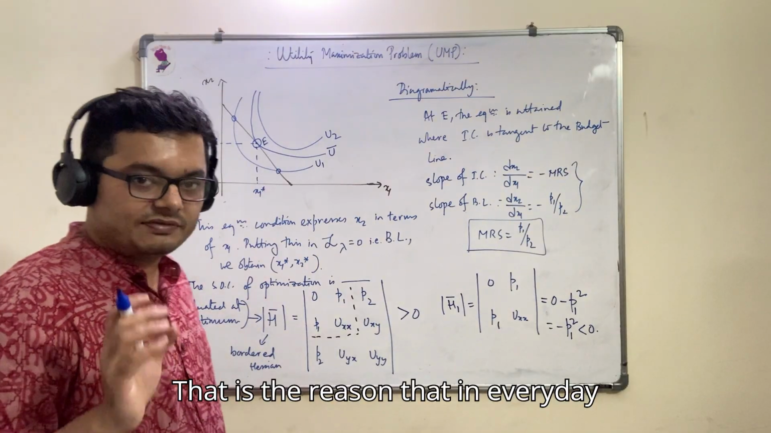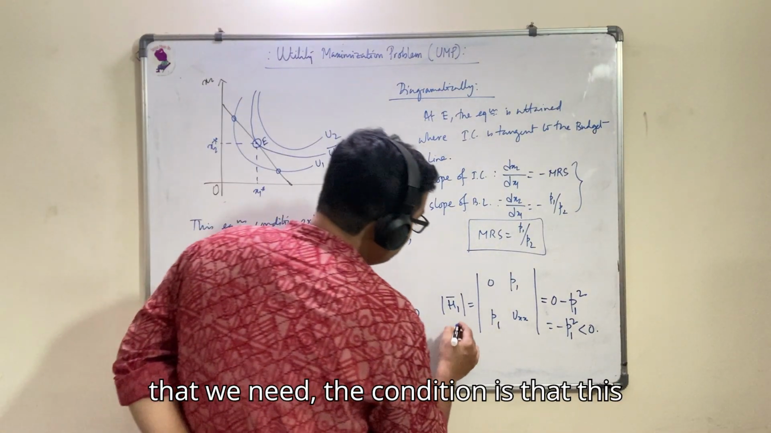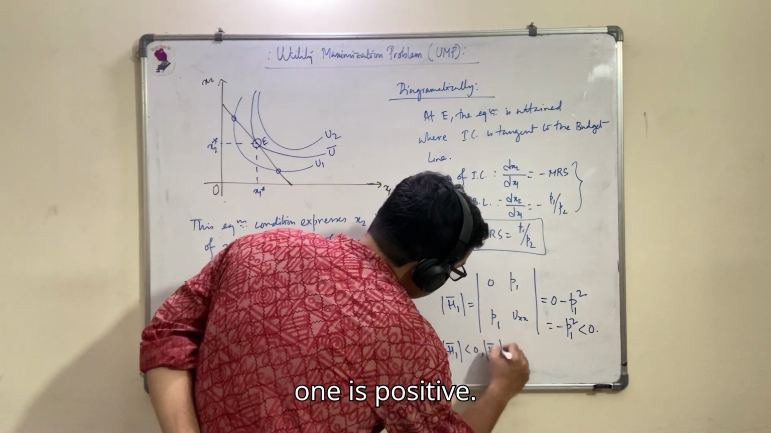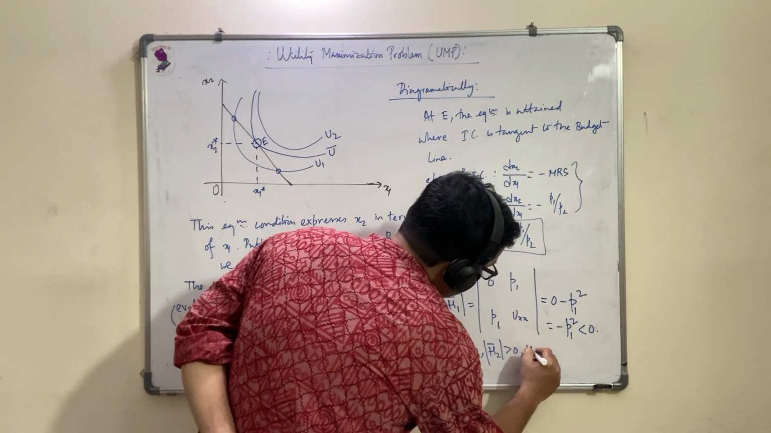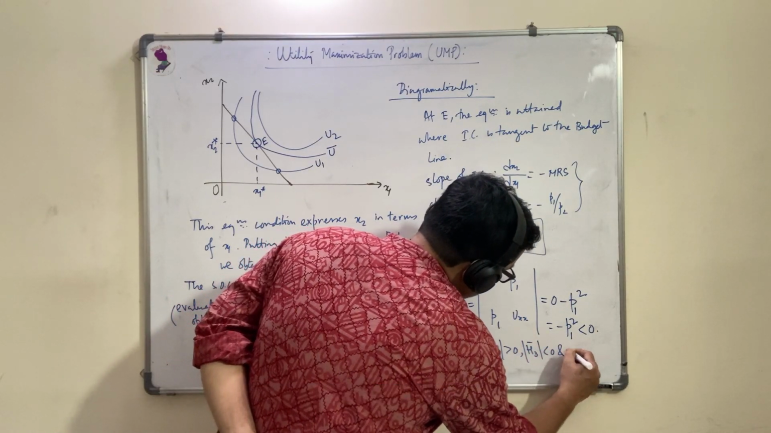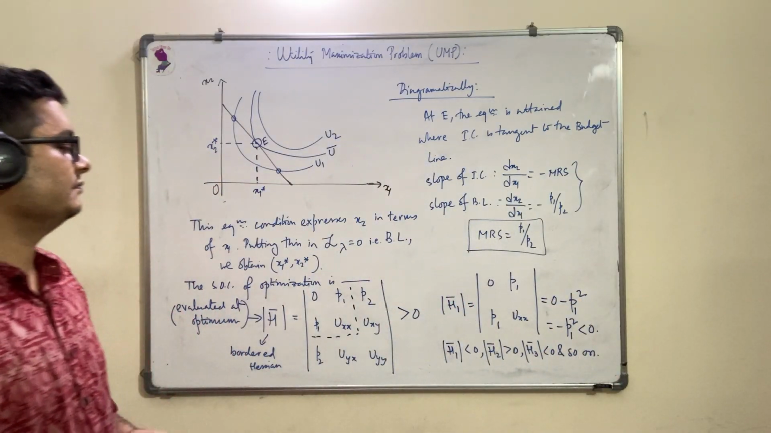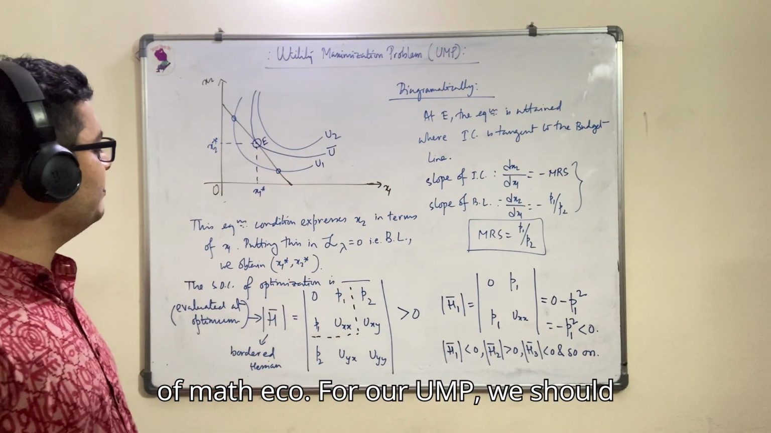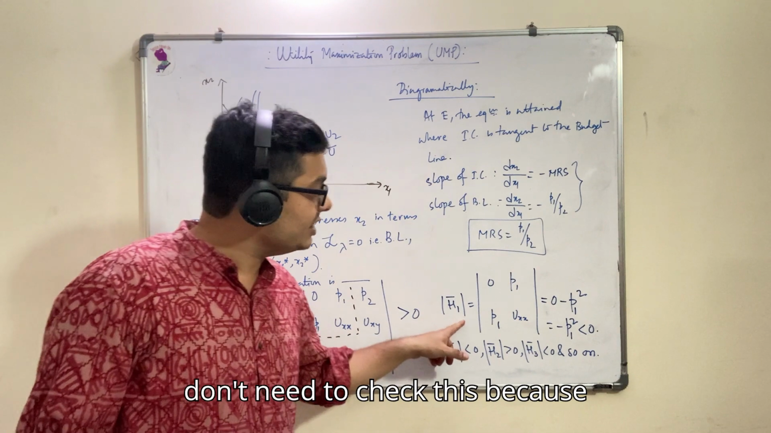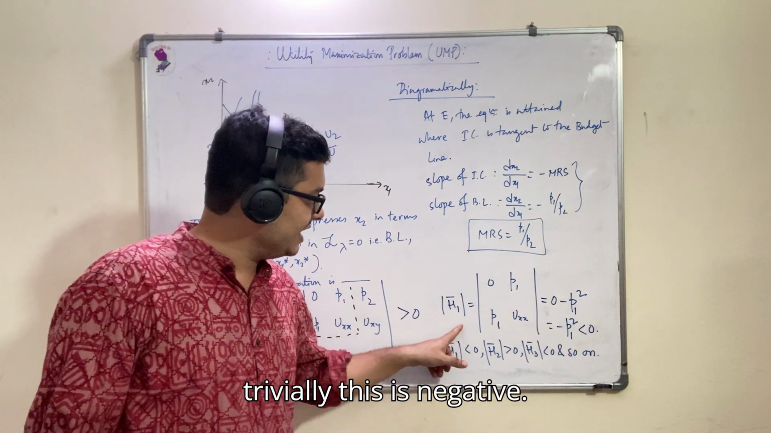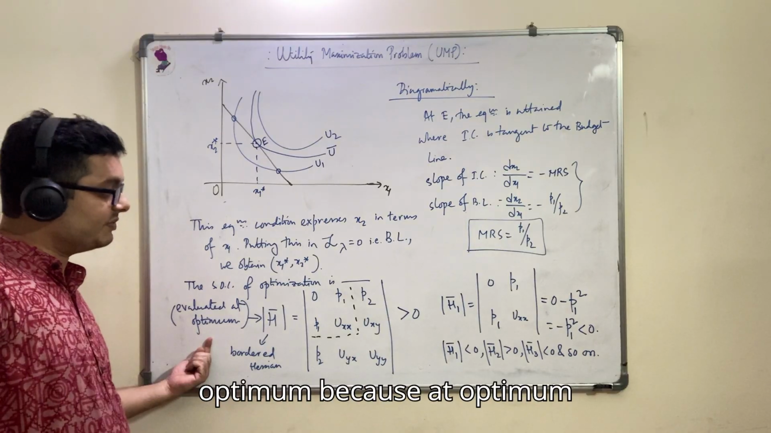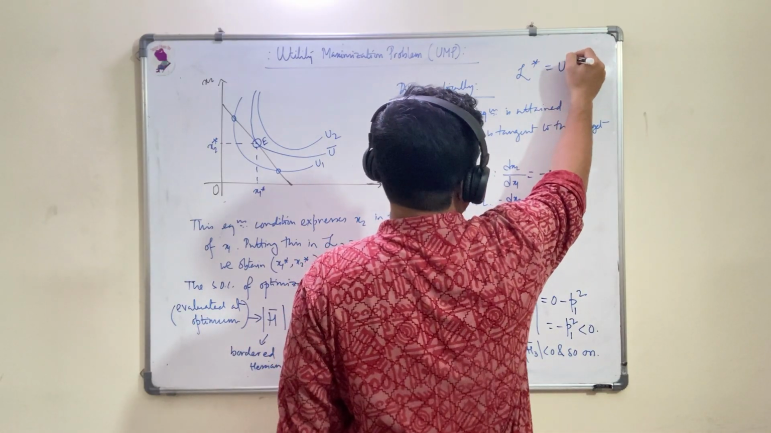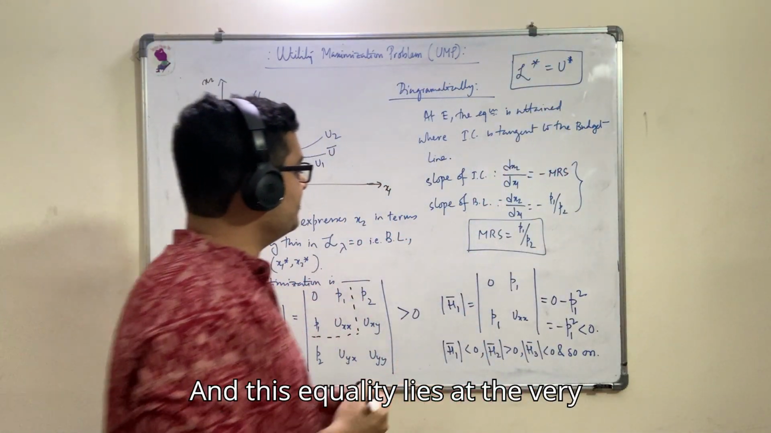That is the reason that in everyday classes, teachers don't really mention that the condition is that this one is negative and this one is positive, and if we have a bigger problem, negative and so on. So this is actually the general condition, but as I said, that's a part of math. For our UMP, we should remember that this must be positive. We don't need to check this because trivially this is negative. Remember, this is always evaluated at optimum, because at optimum these two things are the same, and this equality lies at the very heart